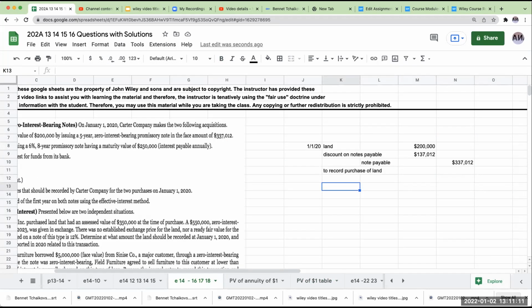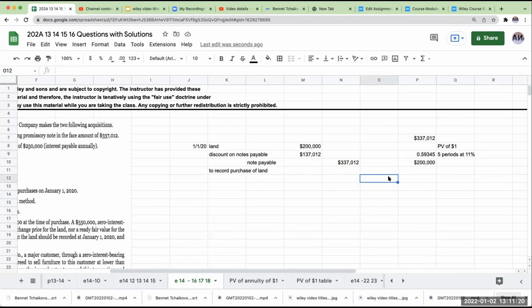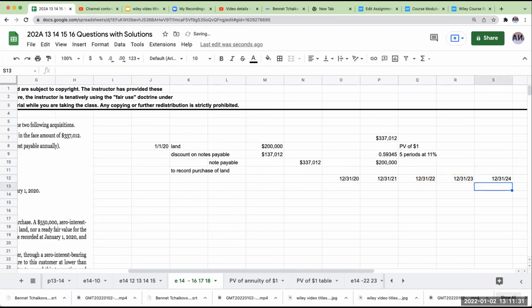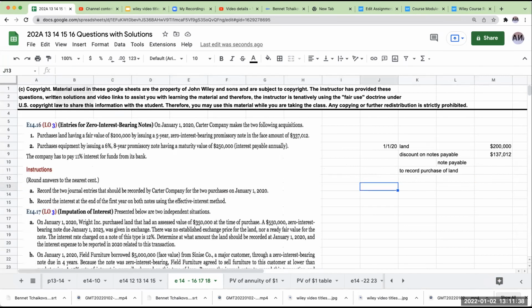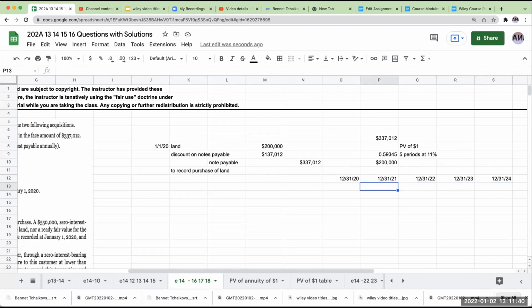Well, ultimately, let's say on number 1, on 12/31/20, when I go and have to repay this amount that's due 5 years from now, the note payable